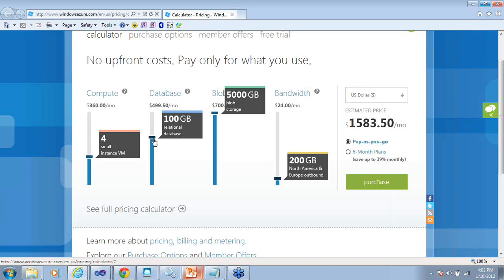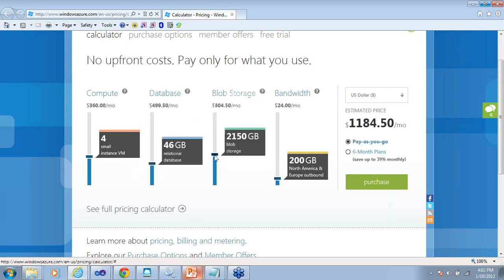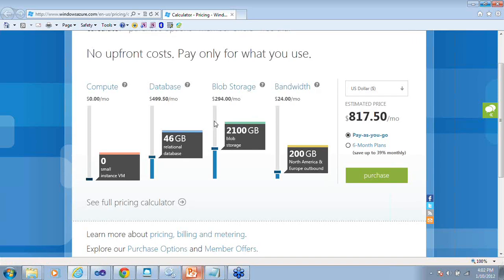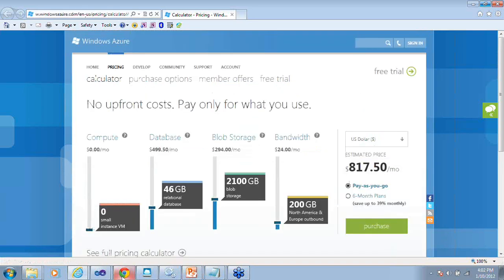Per month I'm just going to pay around $1,000, and I'm having 4 instances, very highly available applications. I can get huge throughput and highly available applications. For minimum thing, small 1 instance, you can just play around with it. For information, you can see windowsazure.com pricing calculator. I have shared that link at the end of the presentation also. So that is one part.